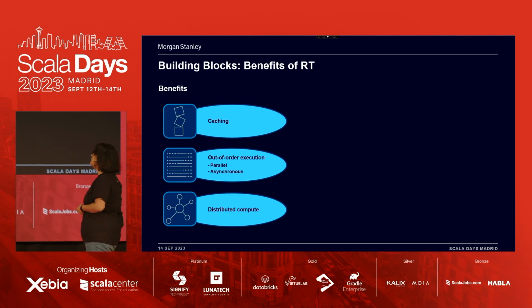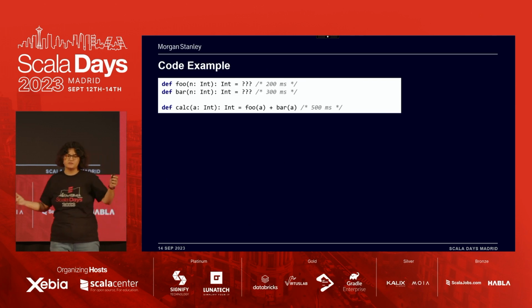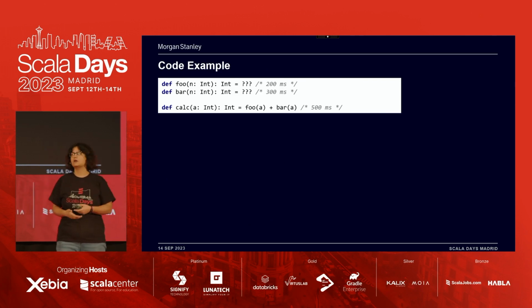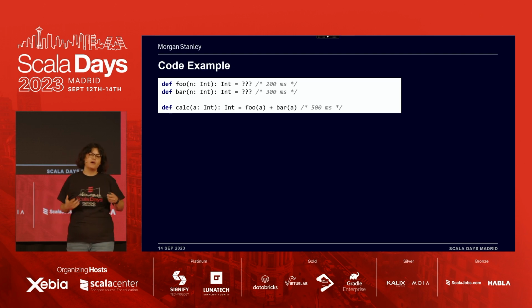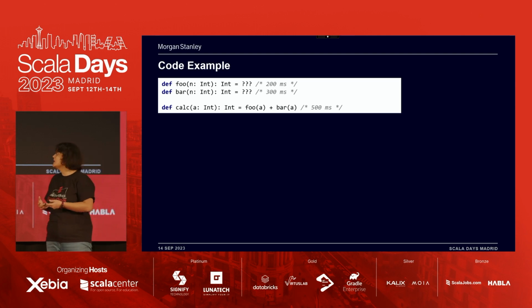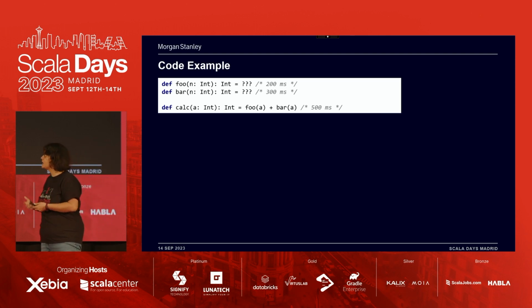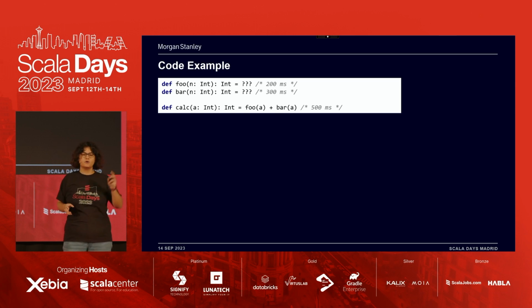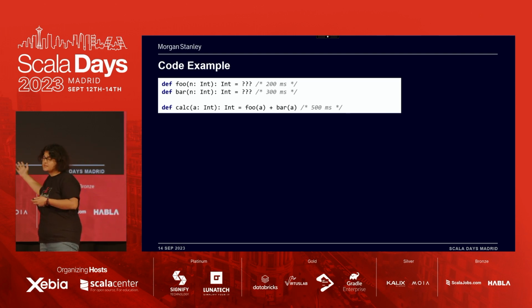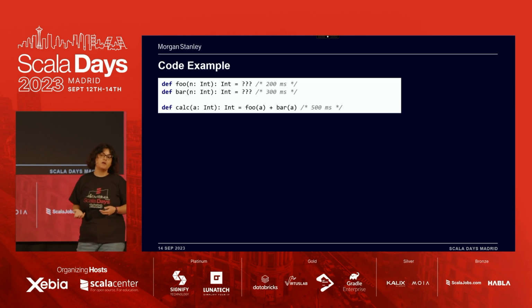So let's do a little exercise. We are developers. We try to solve some business problems. And let's imagine that we have a very complex business problem. I have two functions, foo and bar. They produce an integer. They are referentially transparent functions. And then I have another function called calc that takes an int. I need to call foo and bar, get the results, and sum them together. All of these operations are referentially transparent, so we know that we can apply the theory in practice.